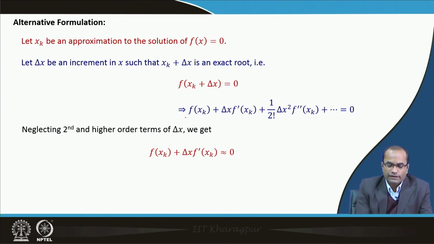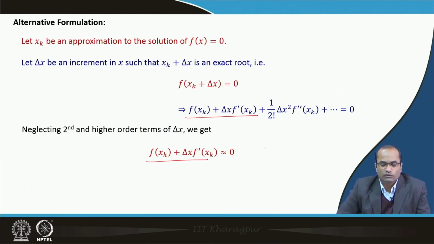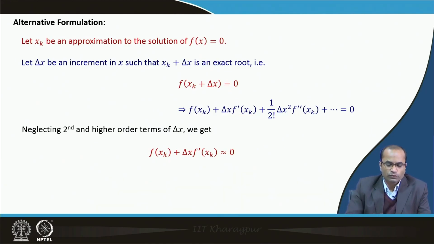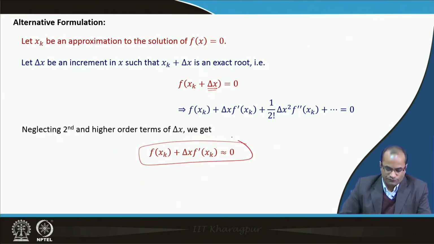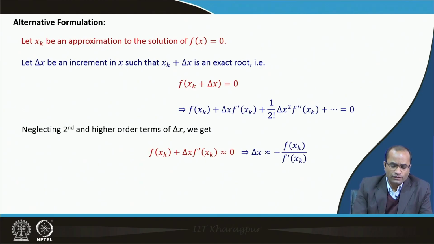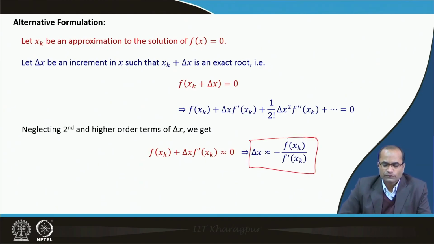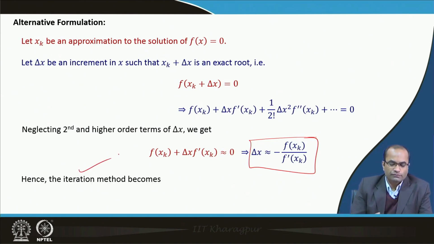So, we are getting that f(x_k) + Δx f'(x_k) is approximately equal to 0, not equal to 0. So, we will not get exactly the Δx which makes this x_k + Δx the root of f(x) = 0, but we will get a better approximation by having this Δx from this formulation. So, this gives us that Δx_k is equal to minus f(x_k) over f'(x_k), and the iteration method becomes: